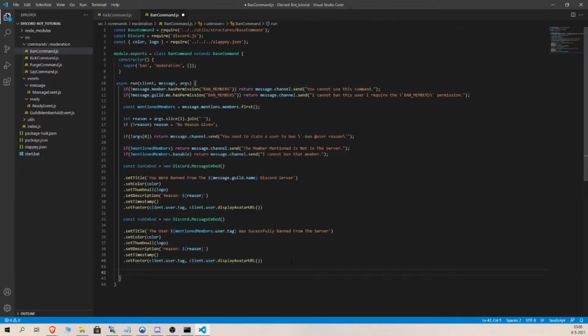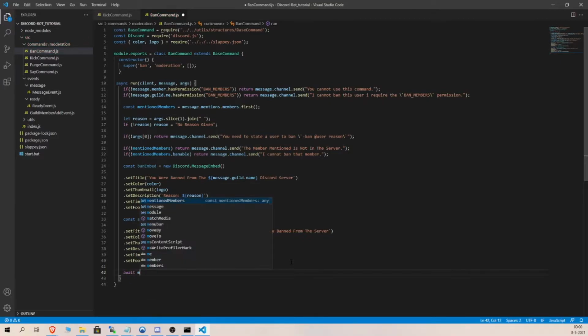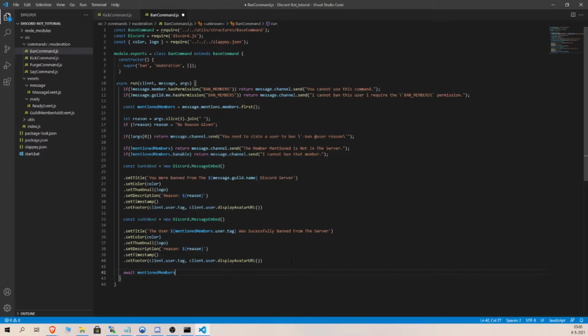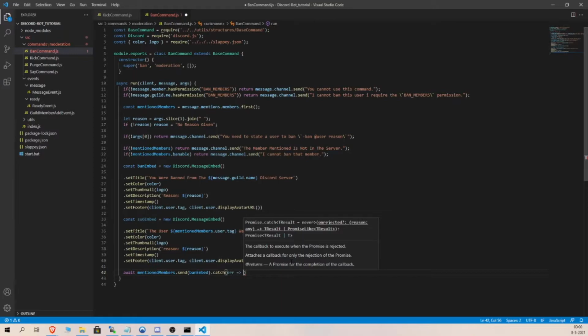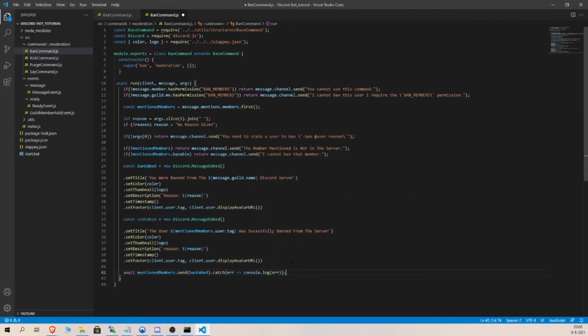go to here and type in await mentioned members dot send ban embed dot catch error function sign console dot log error, await mentioned members dot ban days 7 reason